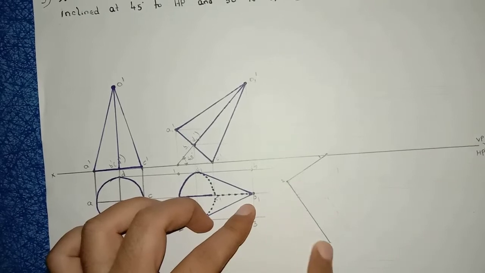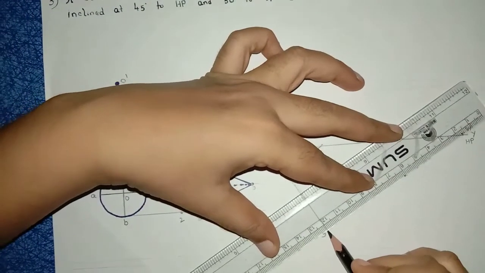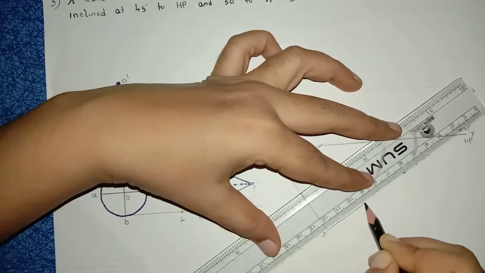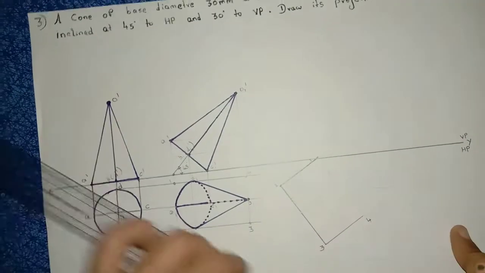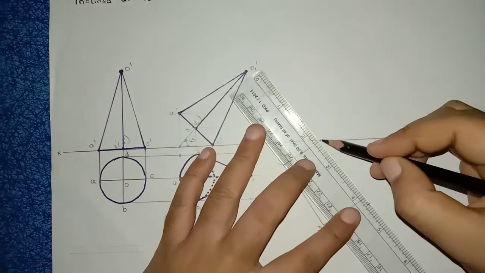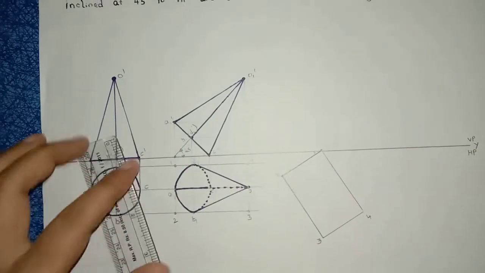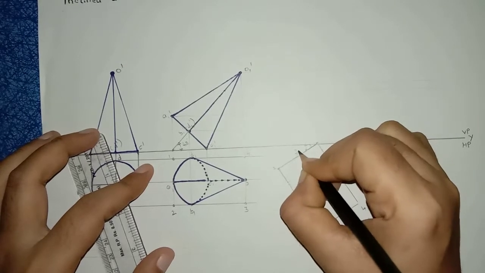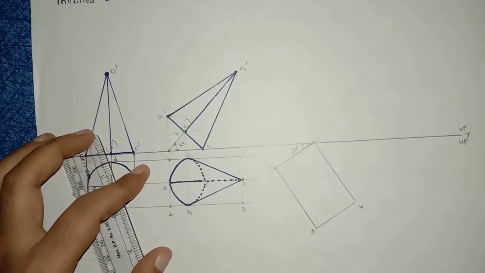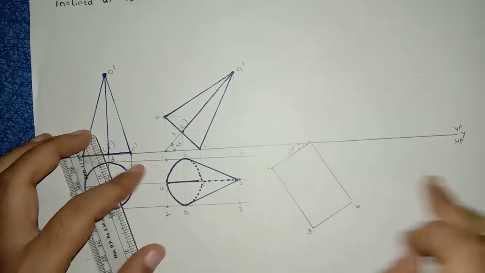Now place your protractor on this point, mark 90 degrees, right, draw a line, name it as 4. Measure this 3 to 4 and draw here, right. Now after that join here 1 to 4. 1 2 3 4 is a box with an angle of 30 degrees, right. Now in between 1 and 2, this midpoint line was there, no?